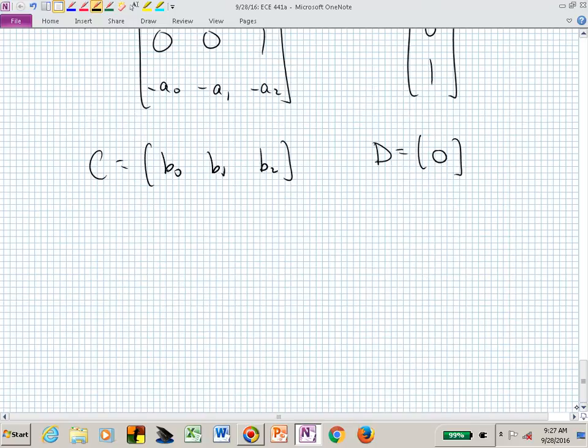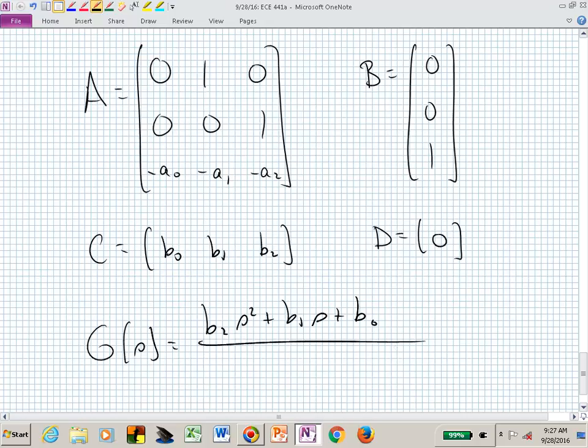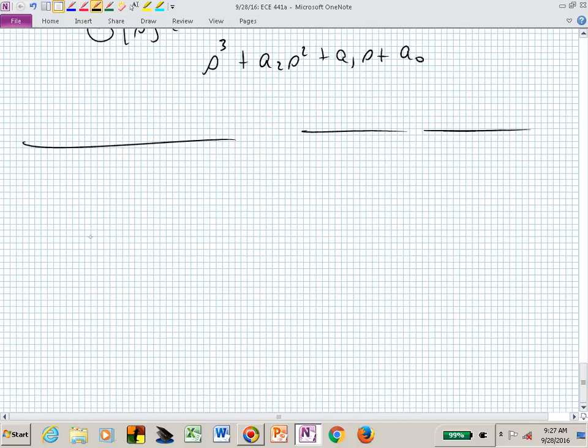And what I want you to be able to do, now that we've gone through that derivation, is if somebody gives you a transfer function G of s, and they say, give me a state space representation, do you see how you could now just say, oh, I'll give you a phase variable representation and write down A, B, C, and D directly without rederiving anything? You know exactly where those coefficients reside in the A, the B, the C, and the D. So if I give you a transfer function, you should be able to, we did it this morning. We said, oh, here's our G of s. We went to a block diagram,